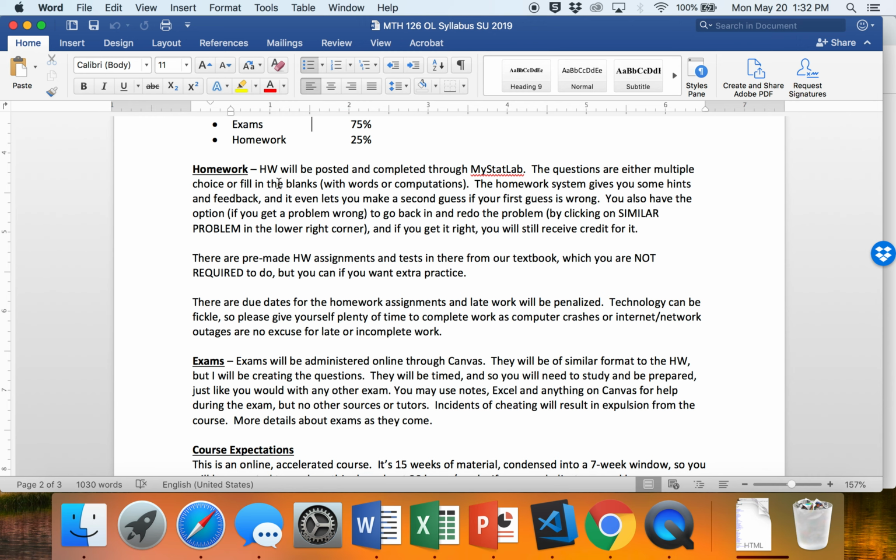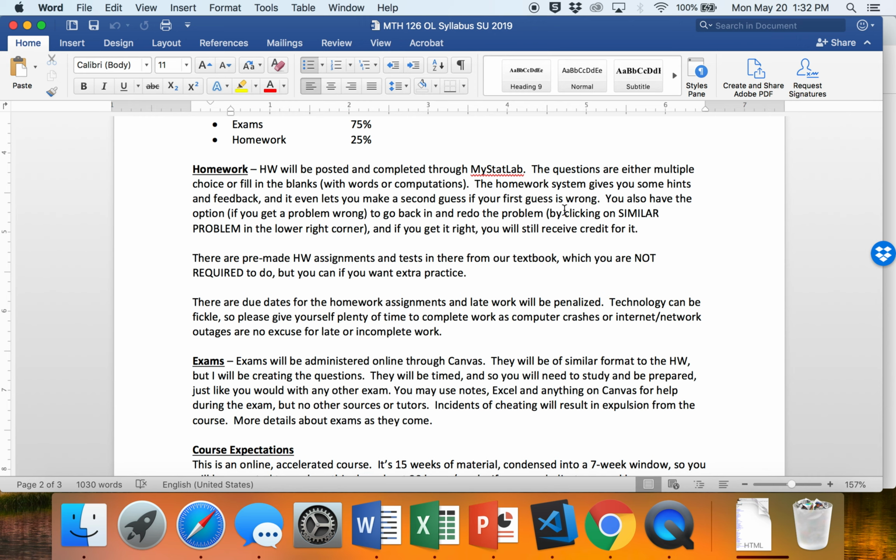In the homework, and I'll show you this, you do have the option to make subsequent guesses. So it will almost always give you an option to make a second guess. If you answer a question and get it wrong, it'll almost always immediately give you a, hey, take another chance or make another guess. And sometimes it'll give you some hint or feedback. Sometimes that feedback is useful. Sometimes, to be honest, it's not. But it'll give you a second chance, and maybe even in some cases a third chance before it